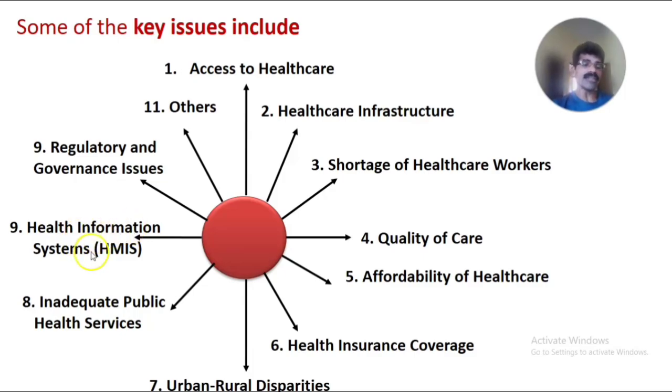That is regarding health information system as the key issues in the medical and healthcare problems. The ninth one is regulatory and governance issues. Of course, government has less infrastructure and less power over the private sectors. So there are some issues related to medical and healthcare in relation to the legislations, that